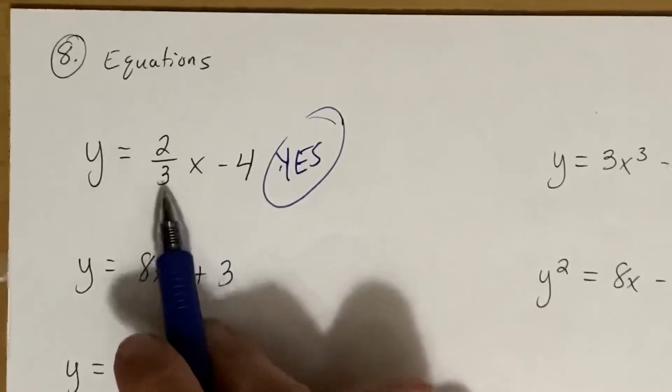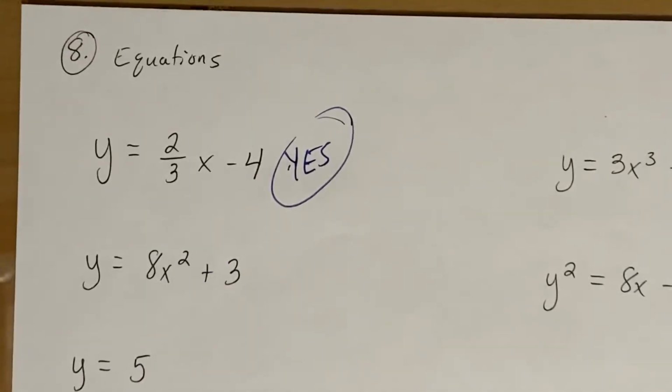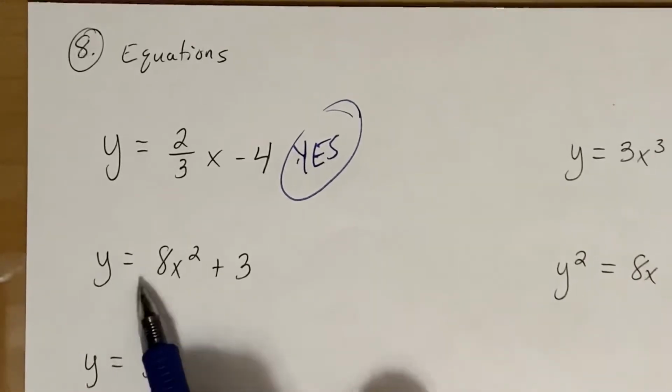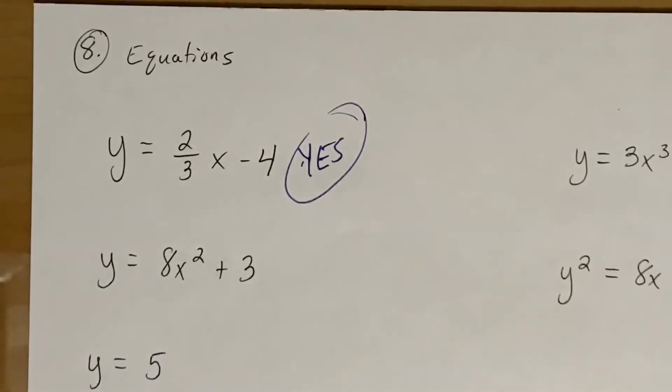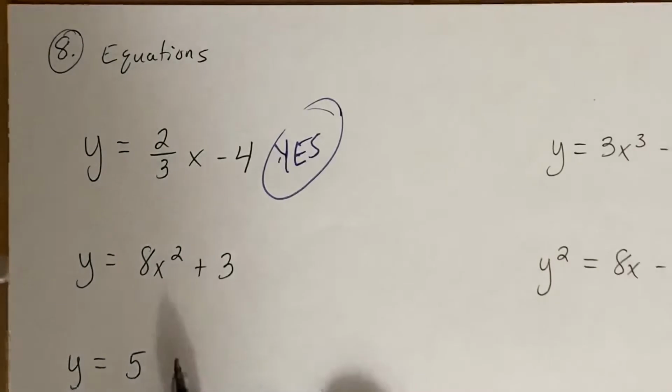That's my y-intercept, that's my slope, that's going to be a straight line. Okay, so yes, that is a function. Okay, all right, let's look at this one. y equals 8x squared plus 3. Okay, well, if I were to graph this,